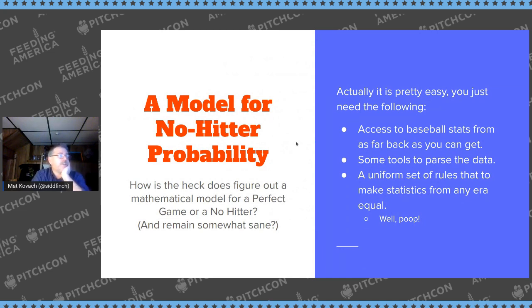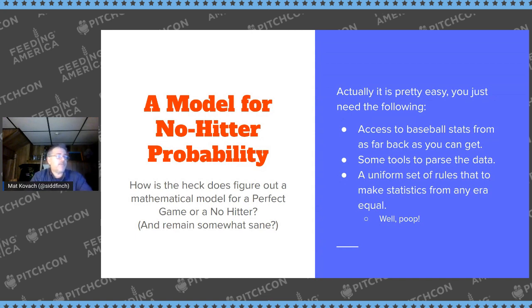Now the most difficult part is how do you figure out what a mathematical model for a perfect game or a no hitter is. This took me a while to go through, mainly because we have to look at a lot of things, and no hitters go back to about 1875, where we didn't have a lot of advanced stats. We didn't know spin rates. We generally used the same baseball for the entire game. So I had to find some areas where I had data that I could access, data that I could check the validity of, clarify, and do a couple of checks. I needed ways to take that data and put it in and get the information that I needed.